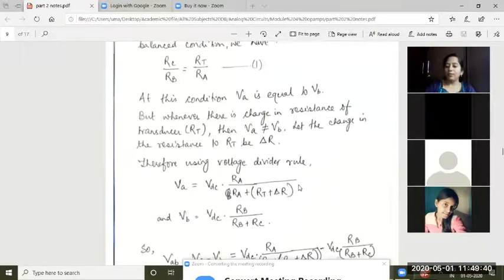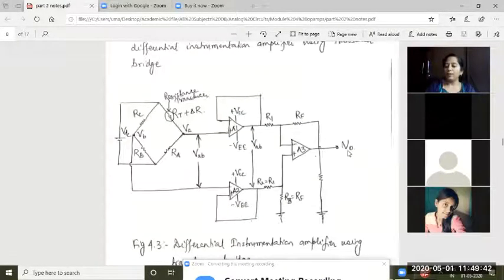So after this circuit, if you want to find what is V0, we already know. I have taken R1 equal to R2. So these two resistors are taken equal and this RF is taken equal to R3. So these two resistors are equal. So it acts like an amplifier of the differences. What's the difference between the two inputs? VAB. This VAB is passed on here. So VAB is the differential input and the gain of this circuit is RF by R1.